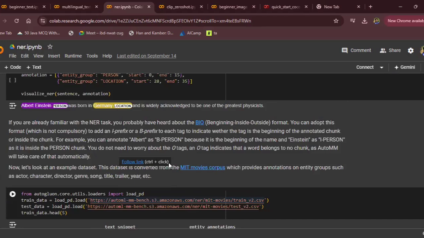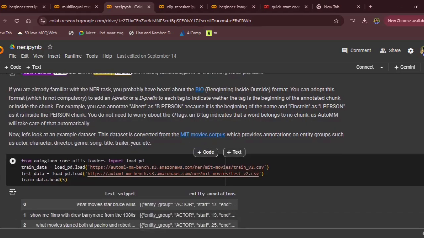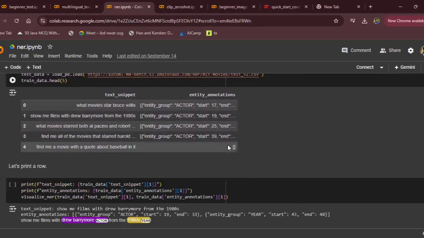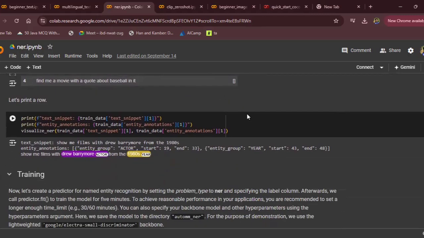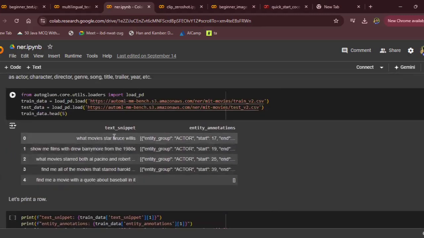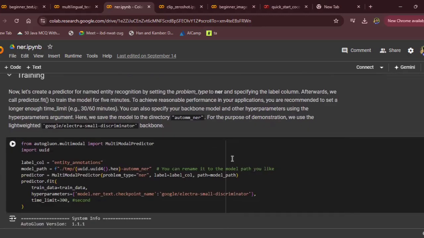If you are already familiar with the NER task, you might have heard of the beginning-inside-outside format. You can adopt that format, and let's start with loading the data. This is how the data will look. This is how we need to do the entity annotation, and we'll try to extract the entities out of this text snippet. And so we'll be training the data using the multimodal predictor again, and we'll try to fit the data